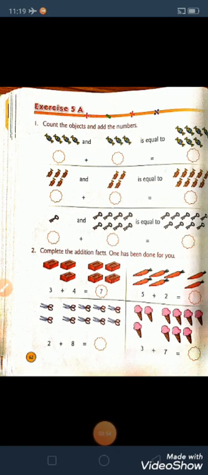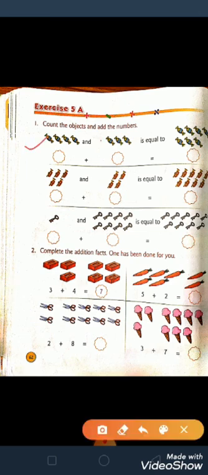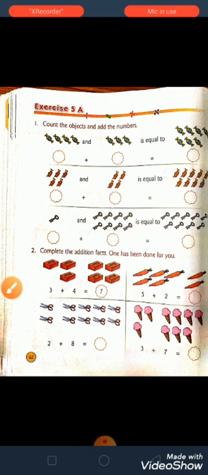So children, now we came to this exercise. Look at here. It is like a revision for you because in UKG all of you have done this. So let us start, children. Here your favorite ones has been given. What are those? These are chocolates. So I know all of you love to eat chocolates. Now get ready to count the number of chocolates given here, children.